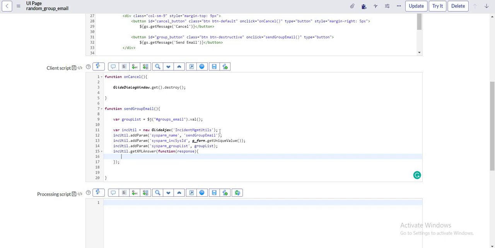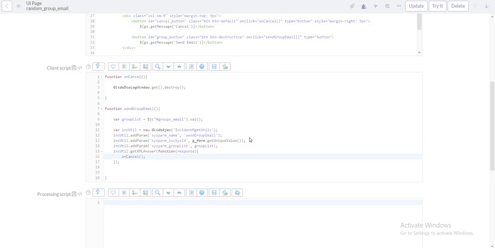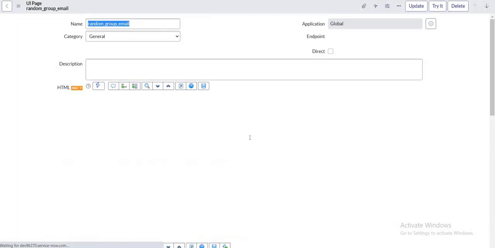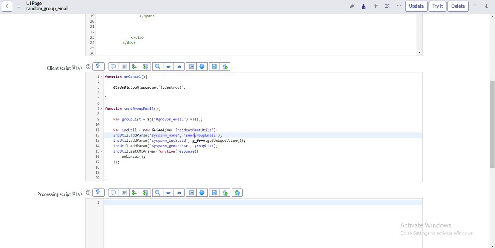It's just that once the call is complete, I want to simply close the dialog window. So I'll call this function again over here. So let's save this code and we'll see whether it works out or not, whether we need to make any modifications over here. So let's copy the function name,